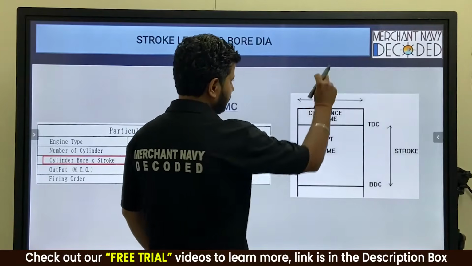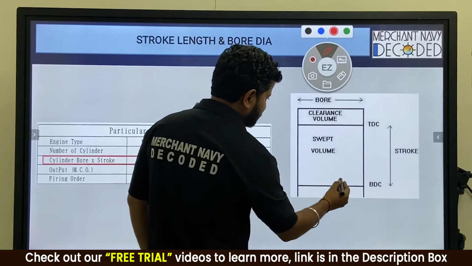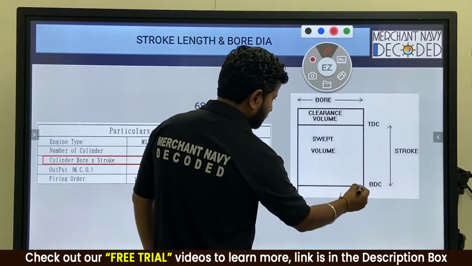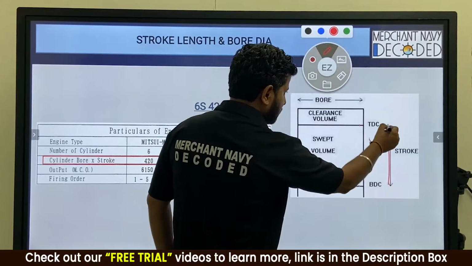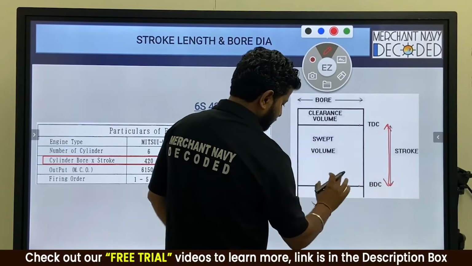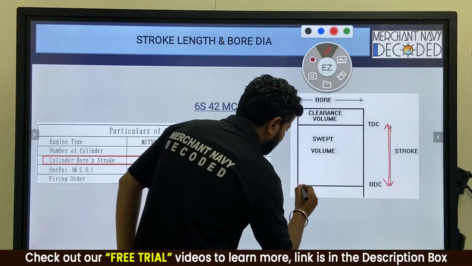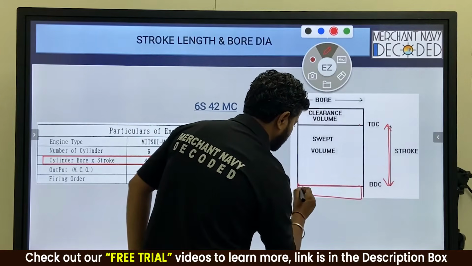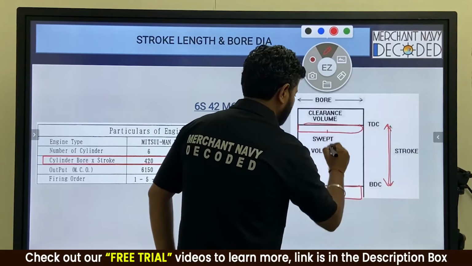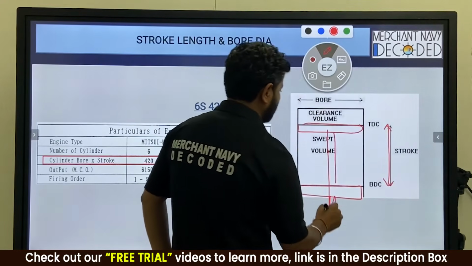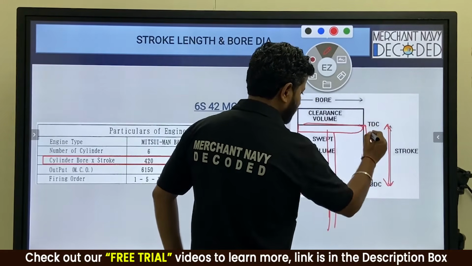So out here, your piston starts from here. This is BDC. It goes up to TDC and it comes down. So this is your stroke length. From here till over here, the piston has moved, right? If this is your piston top point, this is how your piston looks like, and then your piston is looking like this over here. This is the rod like this, right? So from the top point over here to over here.